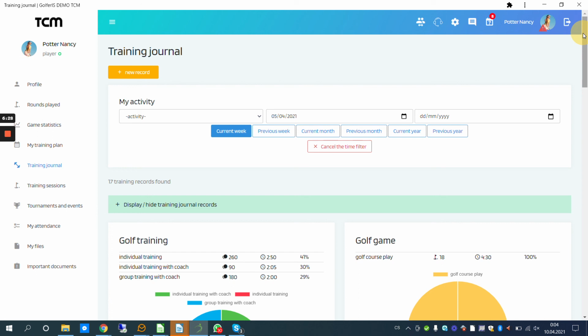It's not going to take you a long time, but after some time, after a month, half a year, you'll see a significant amount of data which you can work with, and you can improve your game based on the analysis of this